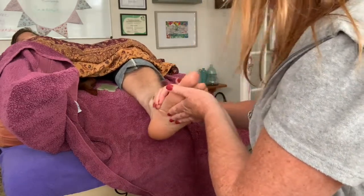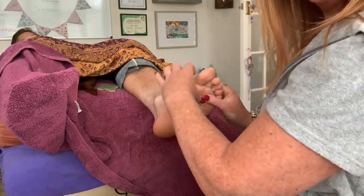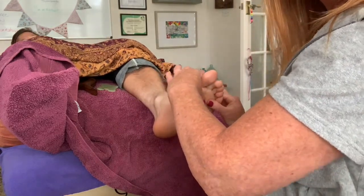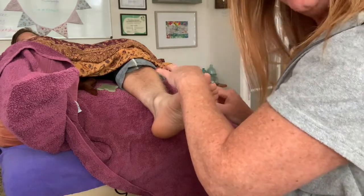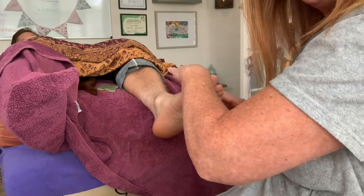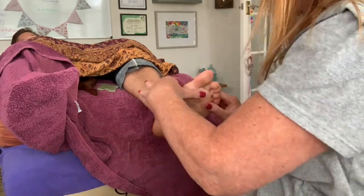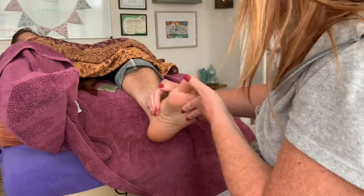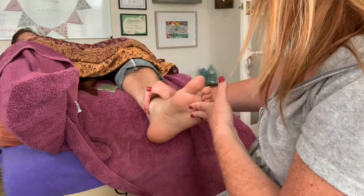And then I'm just going to come right up over the top and just working into the lymphatics, onto the metatarsal spaces. I really take a lot of care to do that. It's quite an important aspect of reflexology. You can do little circles as well and drain. And then use the heel of my hand for the dorsal aspect, which is the chest and breasts, intercostal spaces